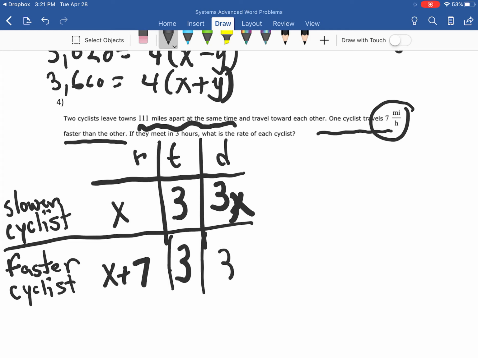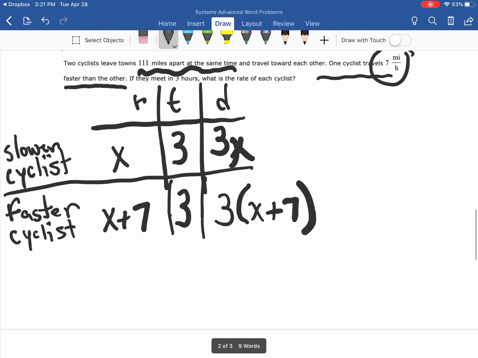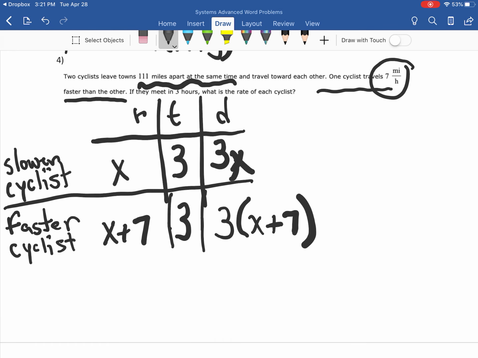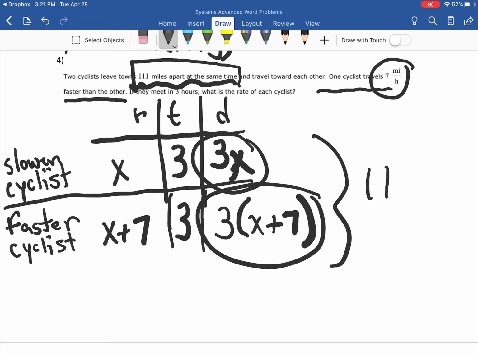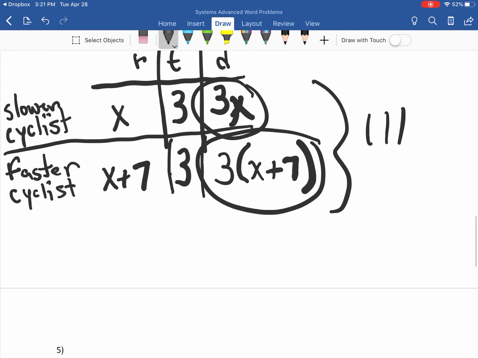And this one is going to be 3 times X plus 7. Okay. So what we do know here is that their total distance is 111. So this distance plus this distance must add up to 111. So we're going to go 3x plus 3 times (x plus 7)